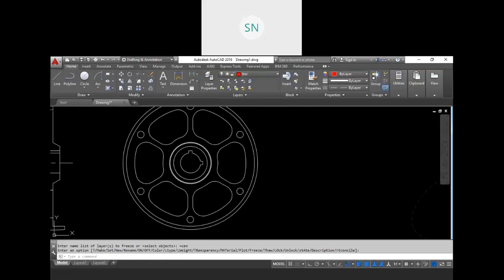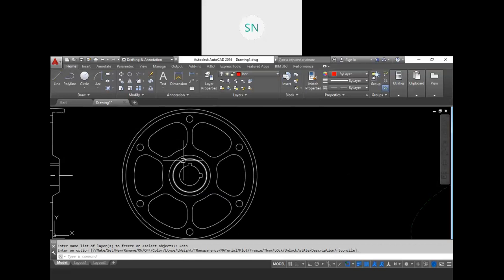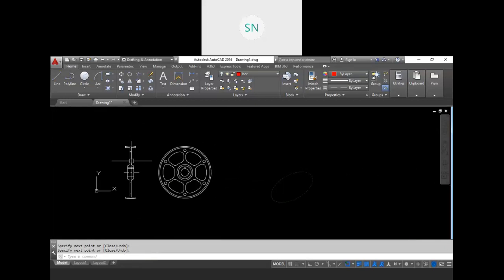And for example, I want to create a line, so type L, enter, and a line from this center to this center to this center to here, here, oops, here, and here. So a line is created in the border layer, but the layer is in off condition, that is why it is not visible.